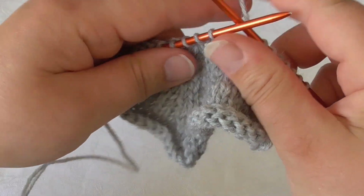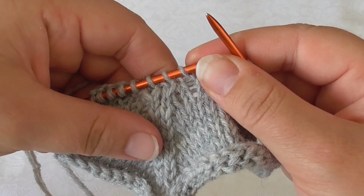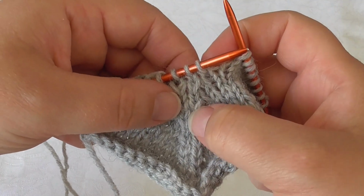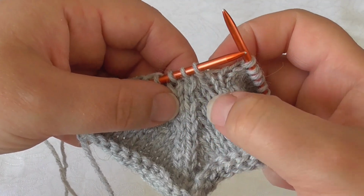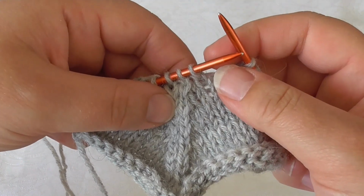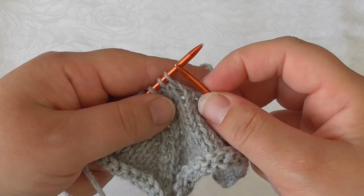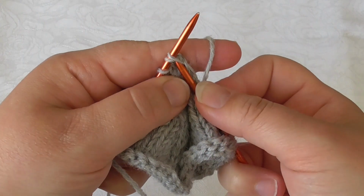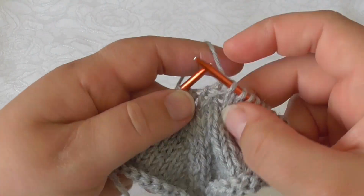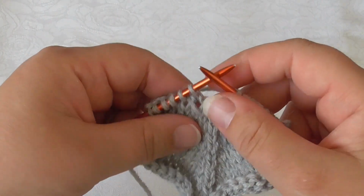So what I do is that I work my way towards the first decrease and I stop when I have one stitch left. And I want this decrease to angle towards the right and place itself on top of the stitch on the outside. And to do that, I simply knit the two stitches together like this. I bring my needle through both stitches from right towards left and I knit them together like this. And then next decrease,